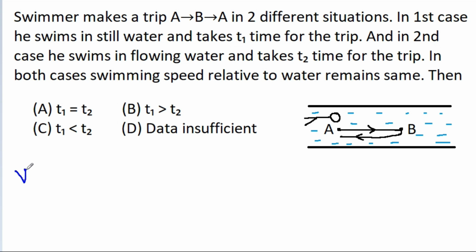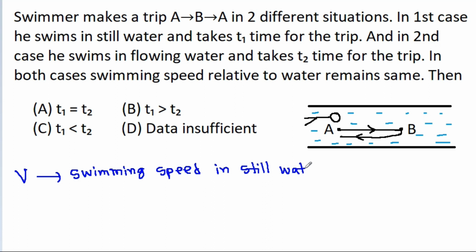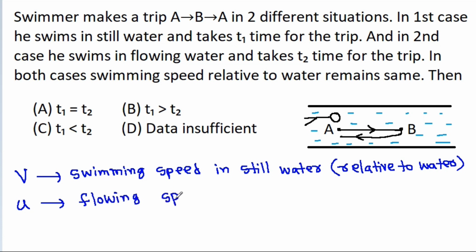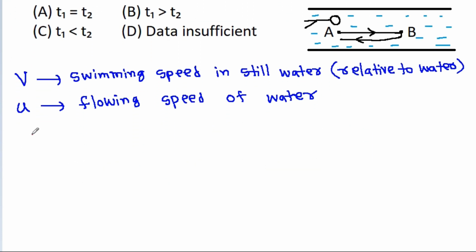So suppose V is the swimming speed in still water, or swimming speed relative to water, and U is the flowing speed of water. Then in case first, U is 0